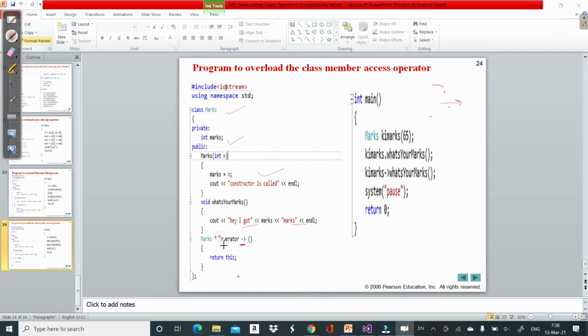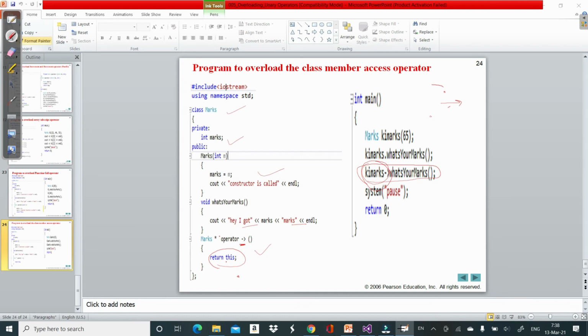So marks asterisk, return this, so it will return the pointer of the current object. So now if marks is an object, marks arrow display, here basically it is going to return a pointer. This statement is going to return a pointer itself. That's why it is working for a simple object also. So this is how we can overload a member access operator.